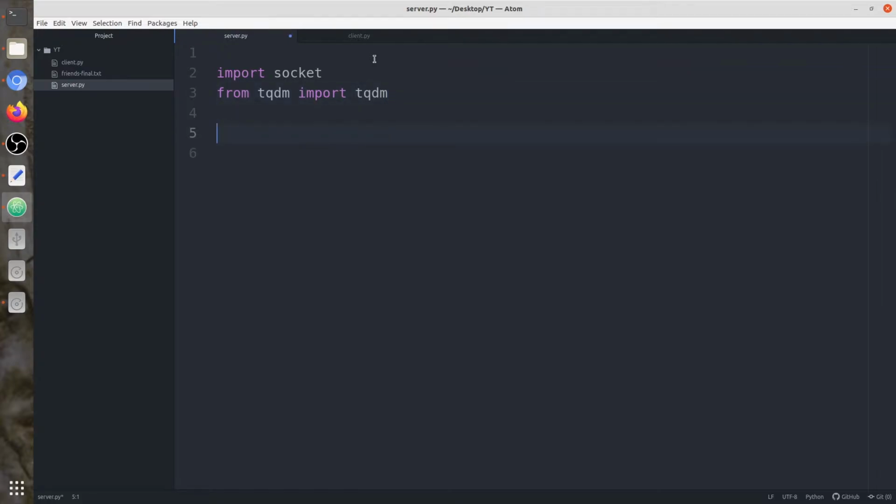Okay, next we're going to define some important things. First is the IP. Here in this program, both the client and the server are going to be on the same computer, so you can use localhost as the IP address, or we can say the loopback address, that is 127.0.0.1. But you can also get the IP address automatically using a socket function, that is the host name. So we're going to use the socket function socket.gethostbyname. Next we need to get the host name, so we're going to use the function socket.gethostname.